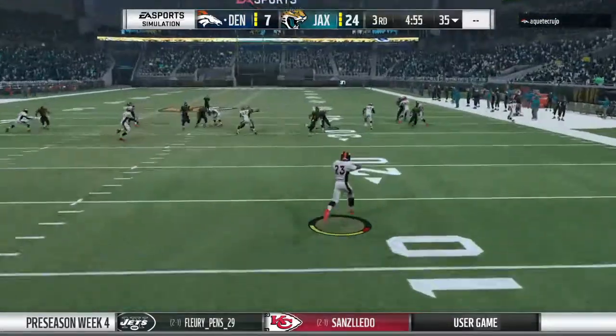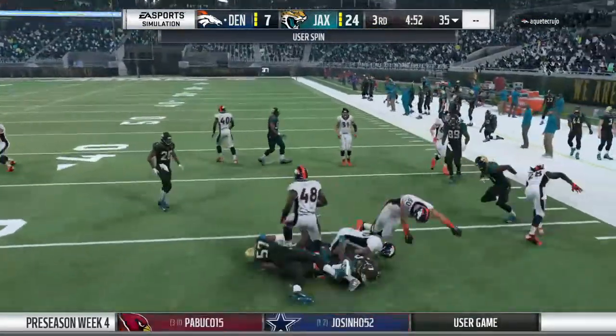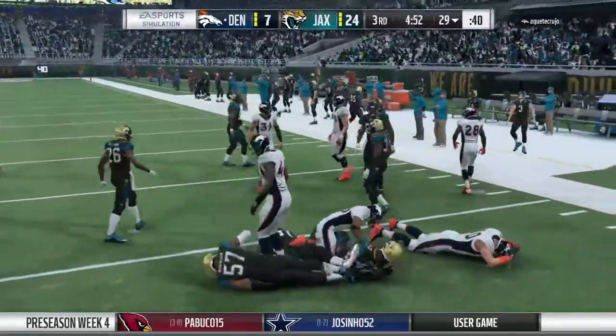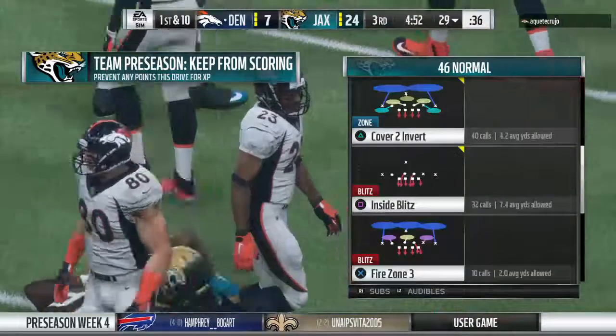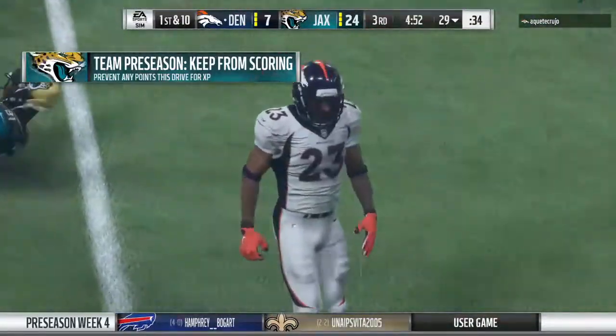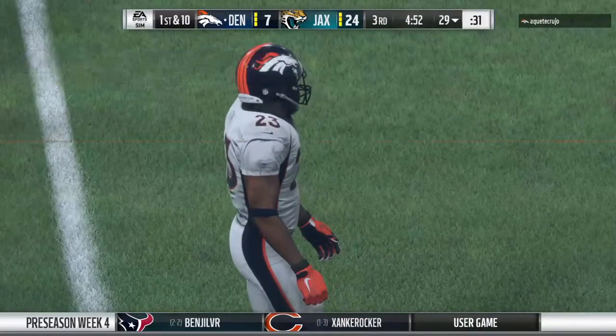This will be taken in at the 1. Oh, twisting away. And it's a pretty good return here as he'll get it up to the 29-yard line. The Bronco offense now set to come back out onto the field. And with this deficit, you can't have too many more drives like the last drive where you had to punt